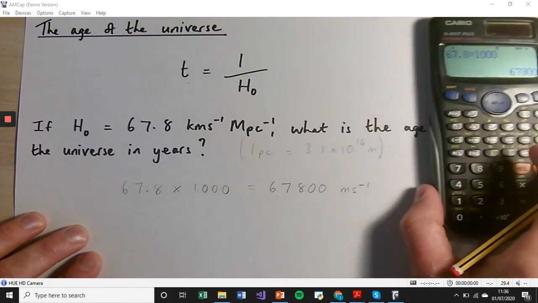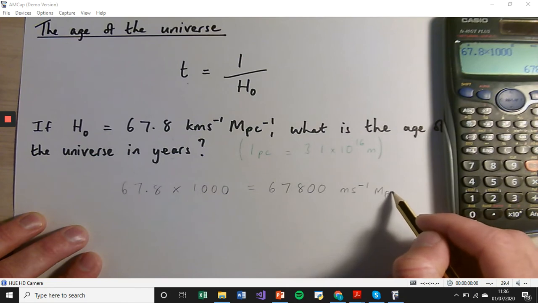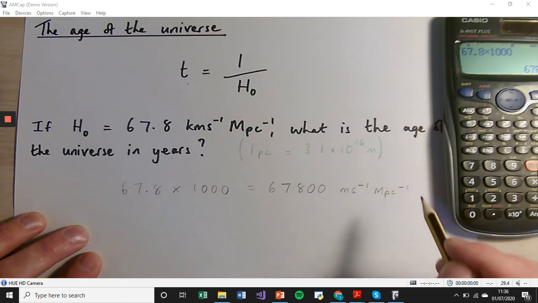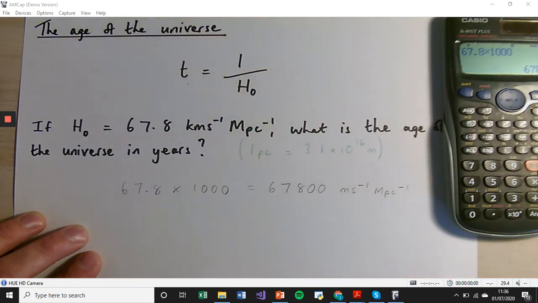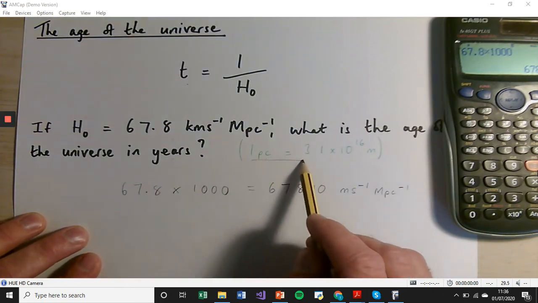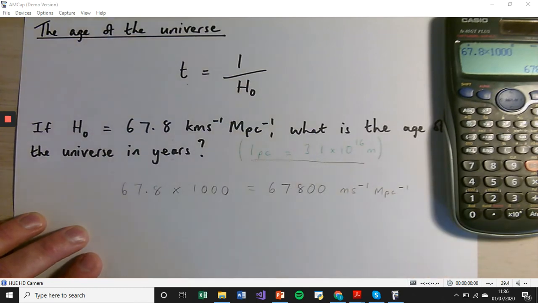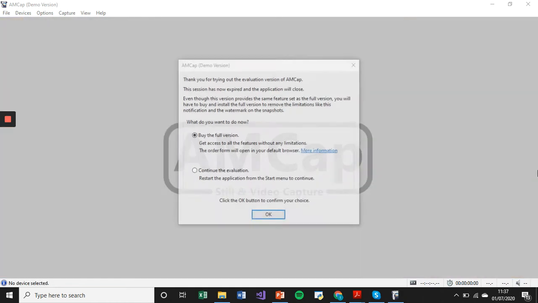per megaparsec. And what we next need to do is divide it by how many meters are in a megaparsec. So in the formula booklet, you're given a value for 1 parsec. So 1 parsec is 3.1 times 10 to the 16 meters. So if we want to work out how many meters,